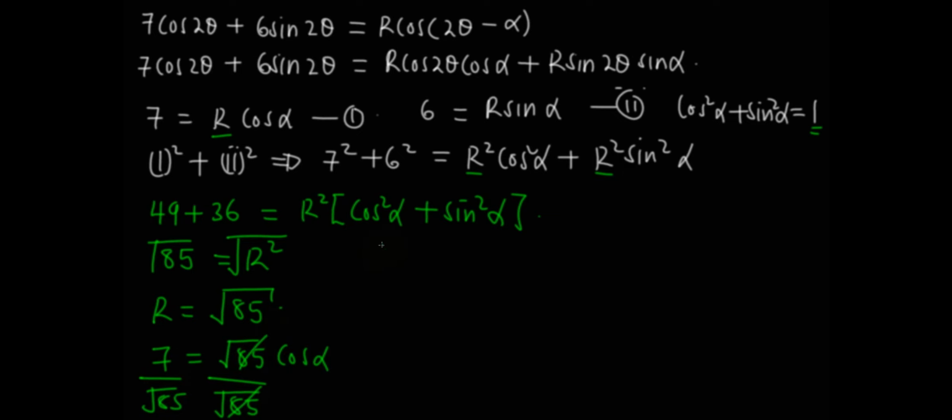So cos α is equal to 7 divided by the square root of 85. So α is equal to cos inverse of 7 divided by the square root of 85. So let us get our calculators and obtain the value of α. So α is equal to